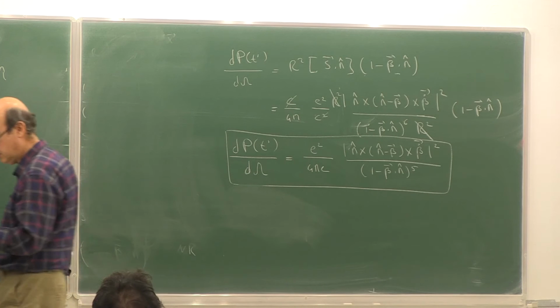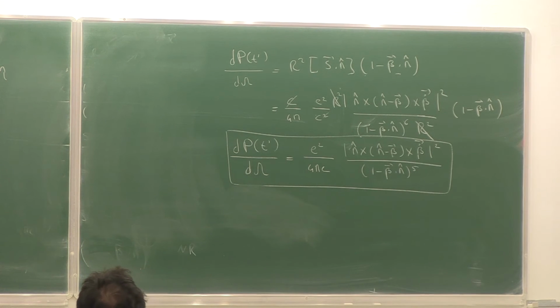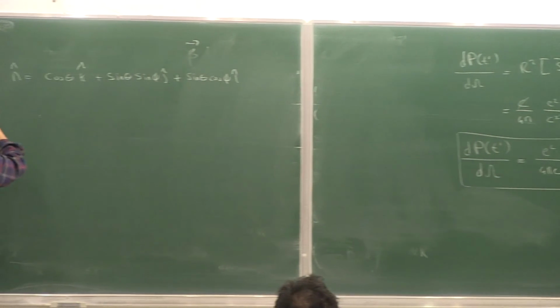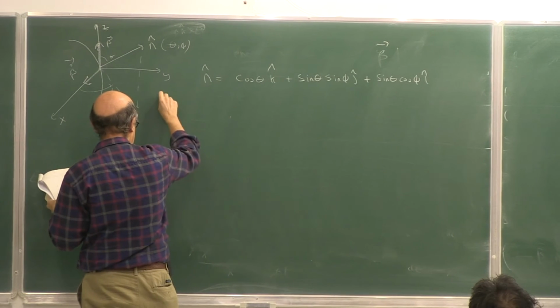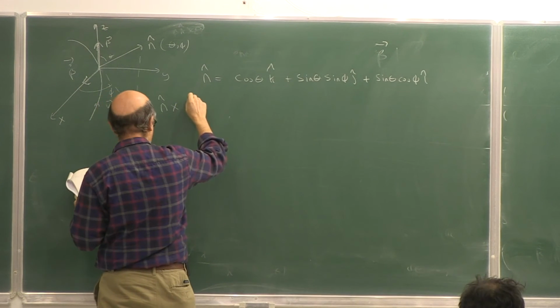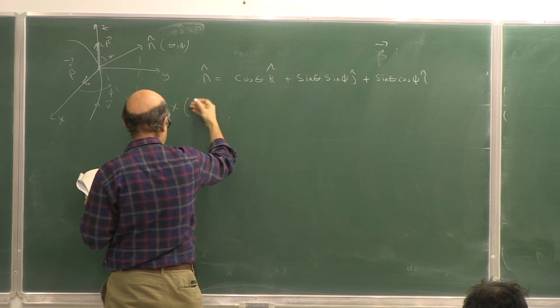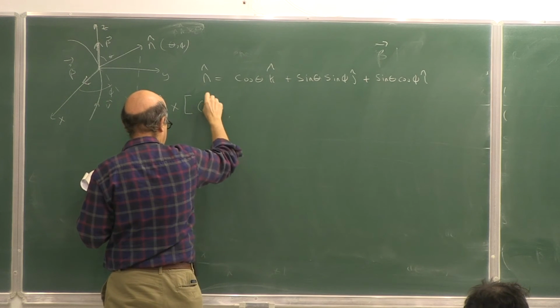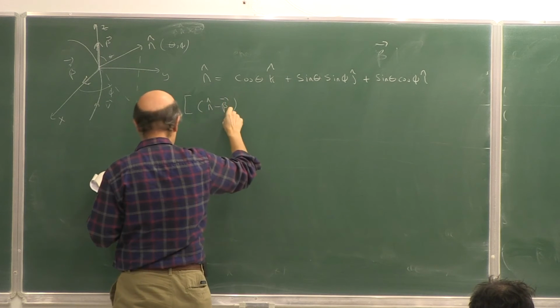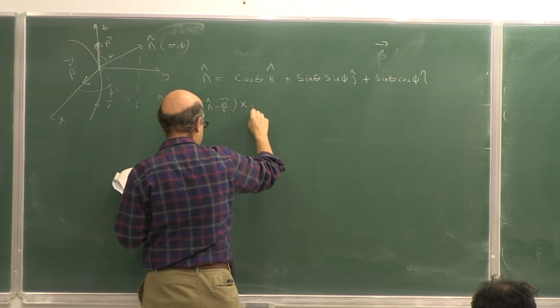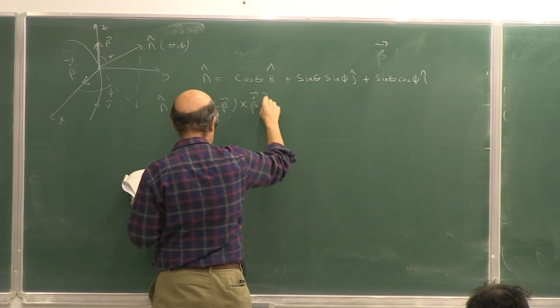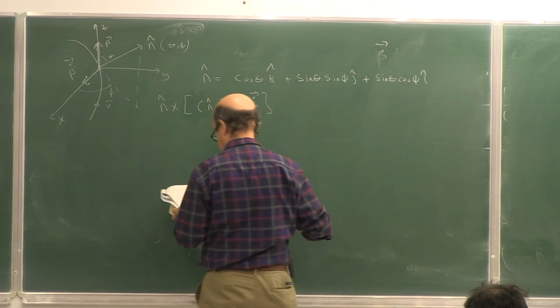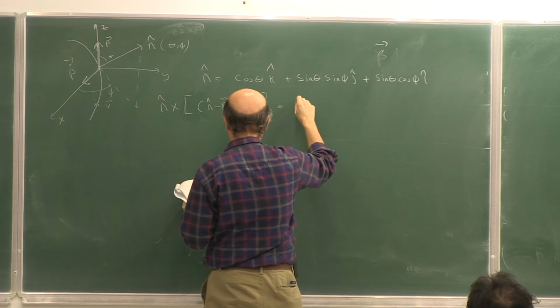So let me write this, you can see better. So in that formulation, what I have to calculate, n cross n minus beta cross beta dot, this is equal to